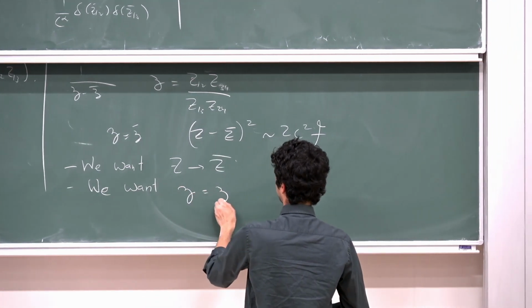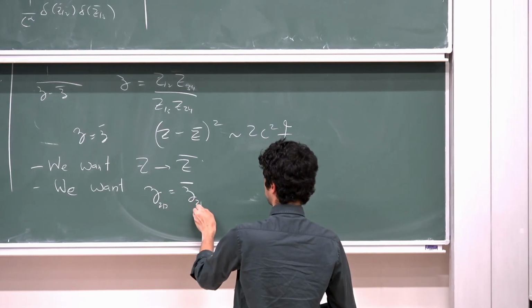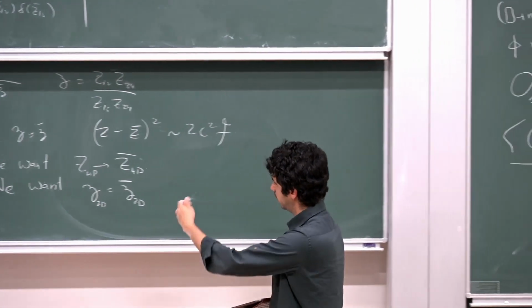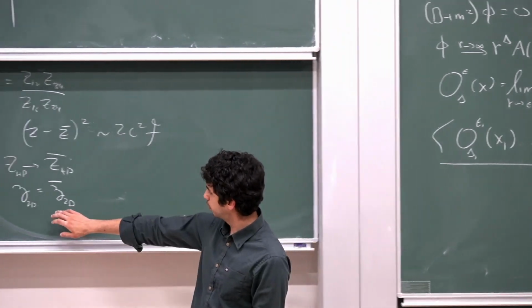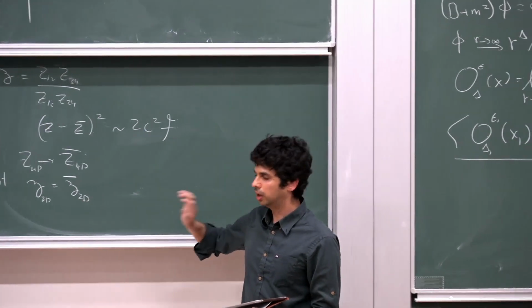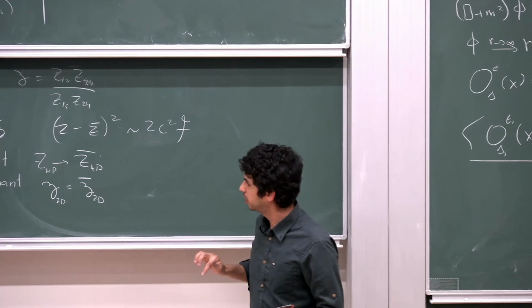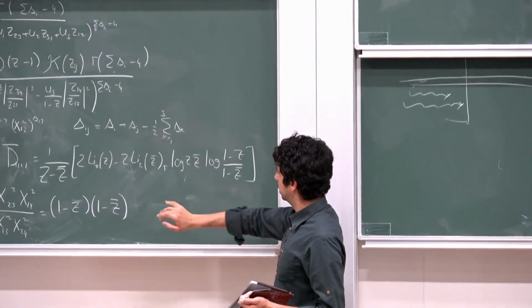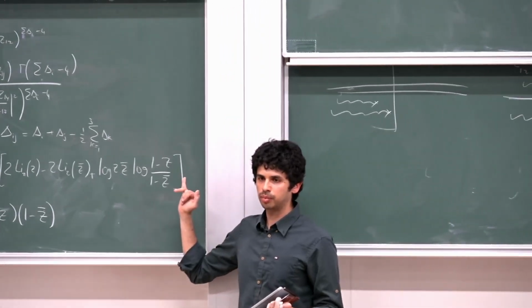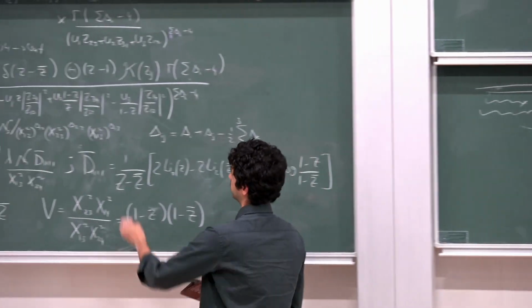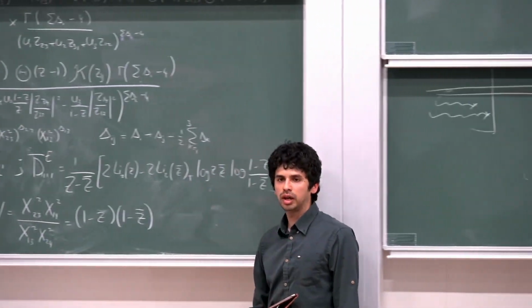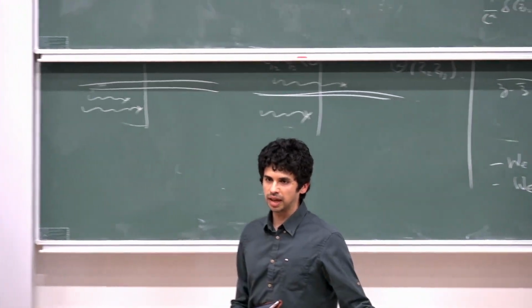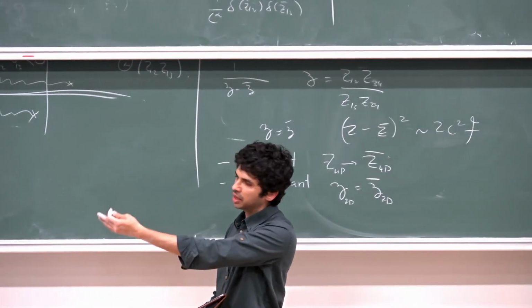And we want to work on the specific configuration where the 2D, I'm just going to write subscripts to emphasize that they're different dimensions, but we want to work on the specific configuration where the Z 2D is Z bar 2D. But if you look at the 4-point function here, the numerator has a 0 as Z goes to Z bar. But that's okay because this is an Euclidean 4-point function, and what you need to do is analytically continue this Euclidean 4-point function to